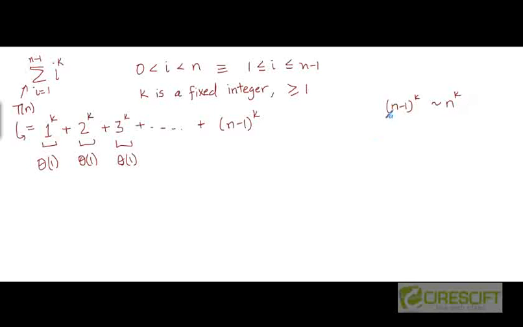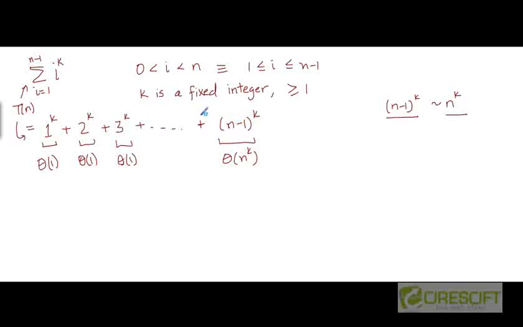So the asymptotic complexity or the rates of growth of both these functions are going to be the same, and that is theta of n to the power k. This of course is n to the power k itself. n to the power k here will be the dominant term if we apply the binomial theorem to open up this particular expression and write it as a series. So we have this series. The terms at the beginning are constants, and the terms at the very end grow at the rate of n to the power k.